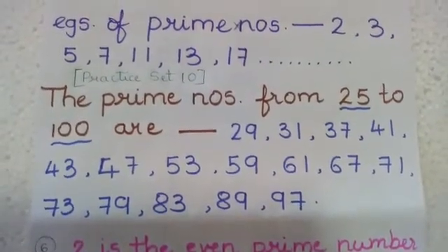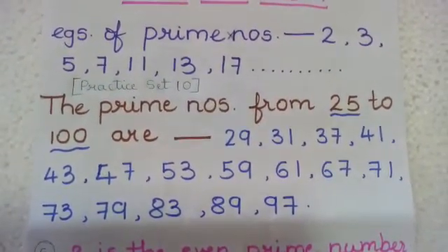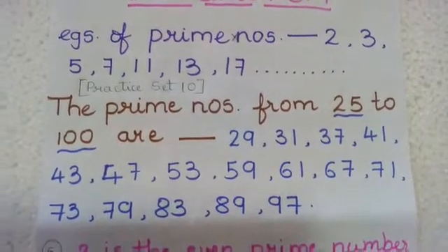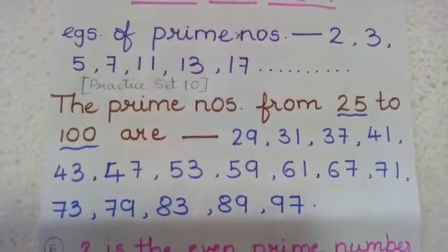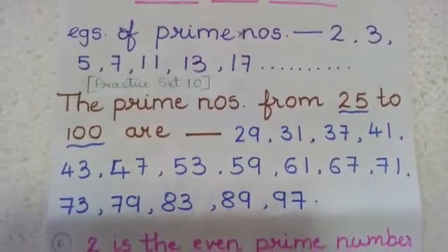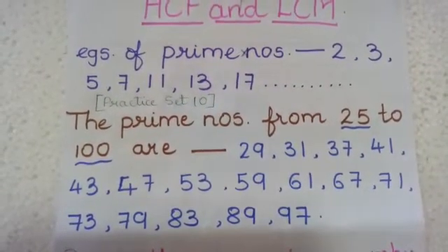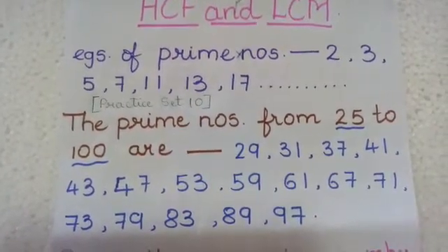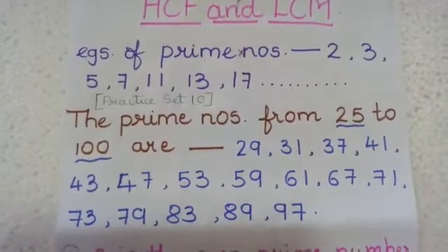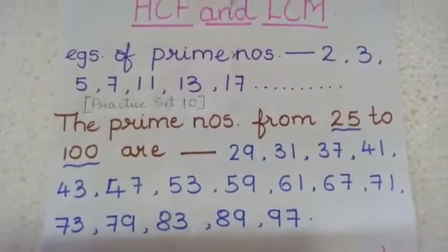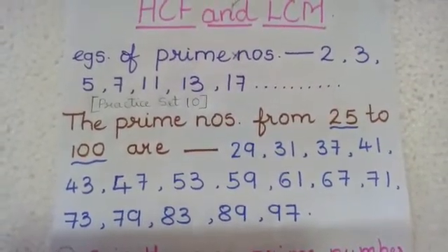Practice set 10, question number 3 says the prime numbers from 25 to 100. So the prime numbers from 25 to 100 are as follows: 29, 31, 37, 41, 43, 47, 53, 59, 61, 67, 71, 73, 79, 83, 89, 97. So these are the numbers till 100 which are prime numbers which have only the factors 1 and the number